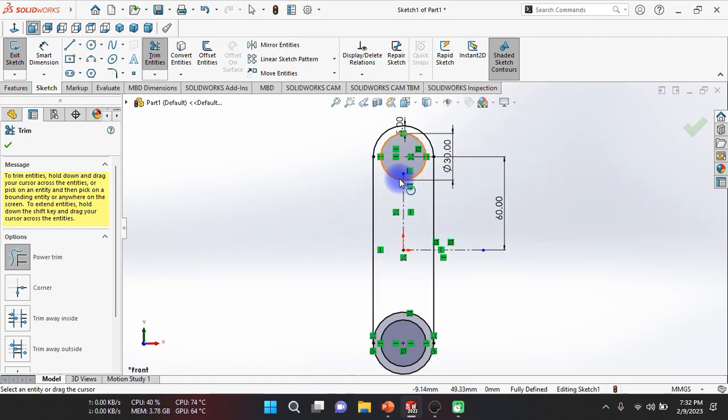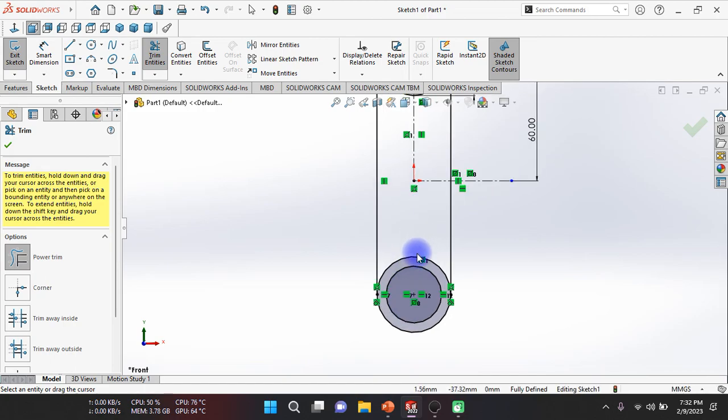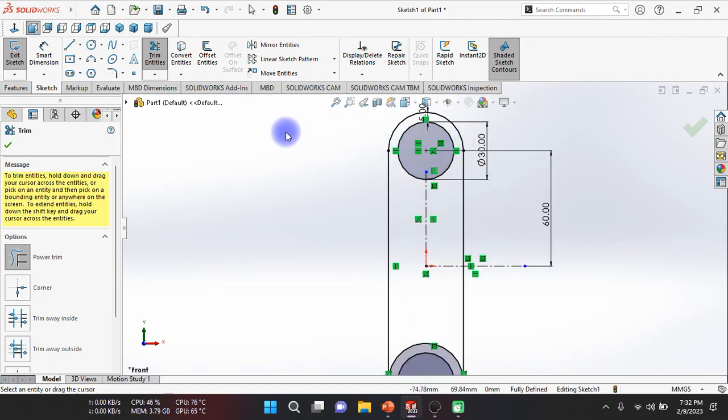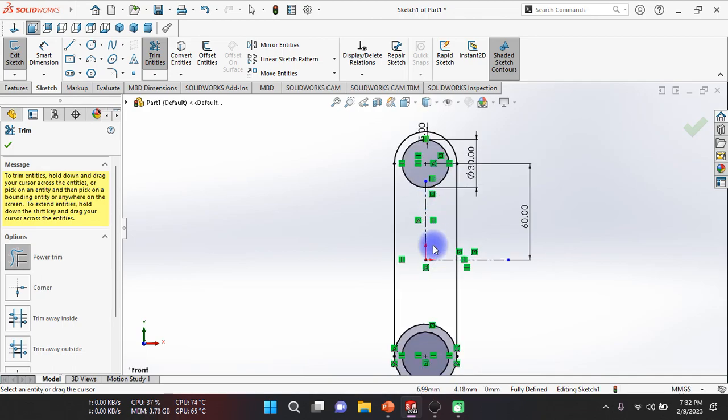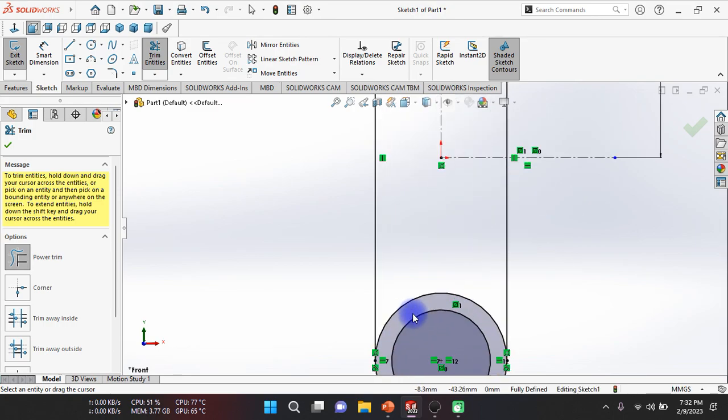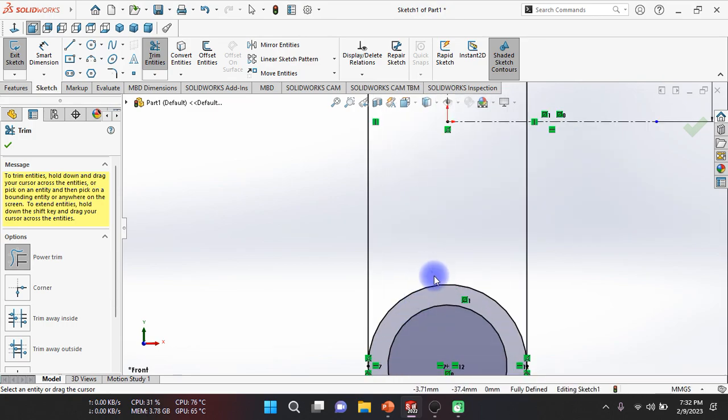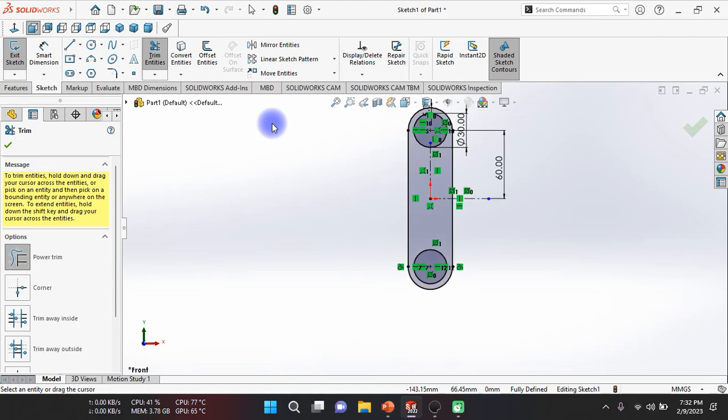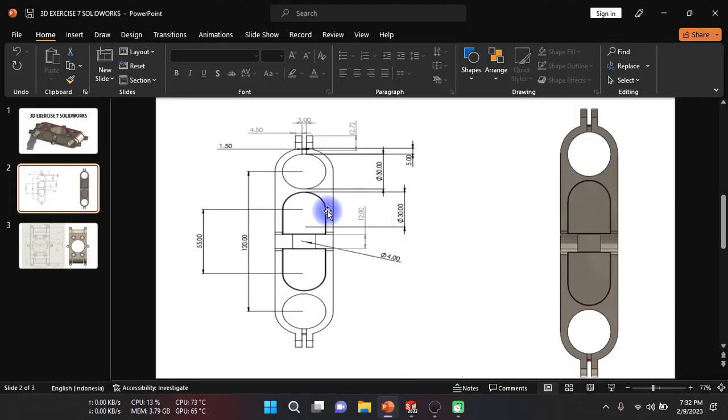Make sure you don't trim this circle on the top of the circle, so you can trim the line carefully. Okay, after that we can create the separate center hole here, and the dimension is 30mm